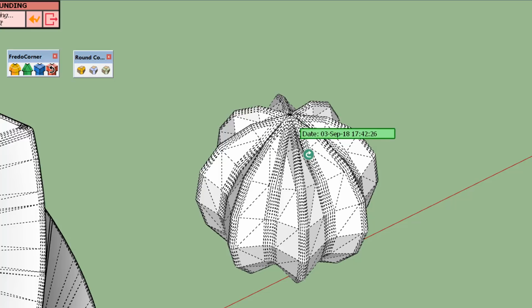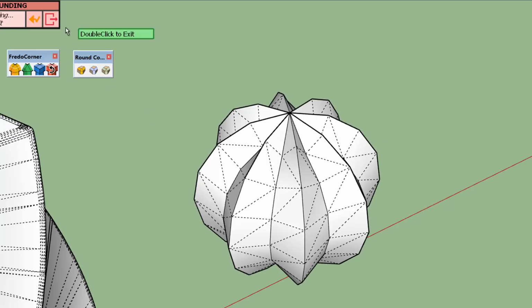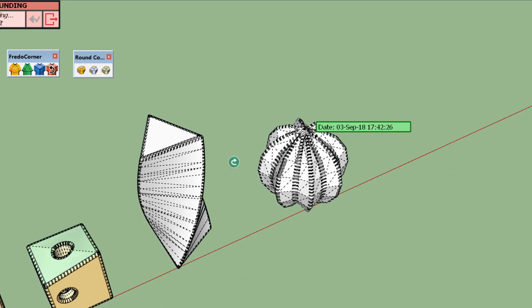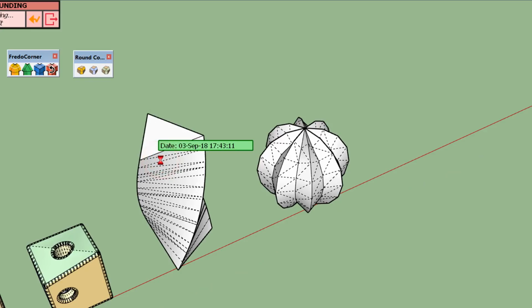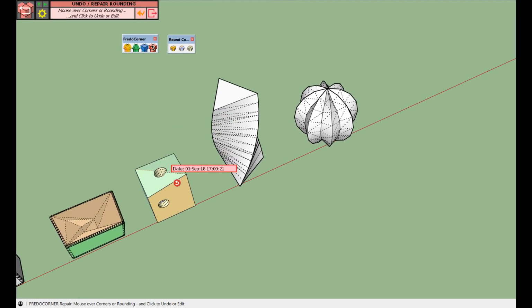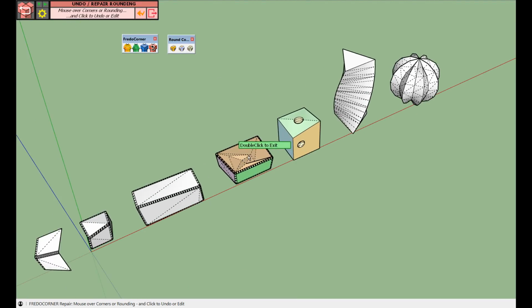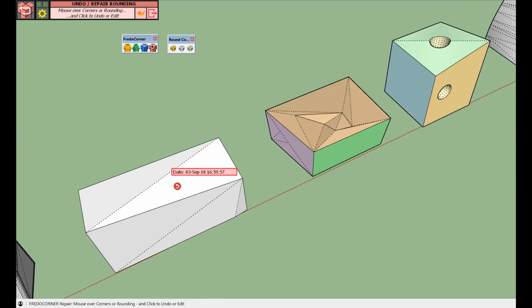reconstruct the rounded shape, okay, which you can do as well later on. So in case finally you found the rounded shape good. Okay, so it works as an undo and a redo. Okay, so we can do it for the other shape, and it should. Of course, you have to mouse over the rounding.